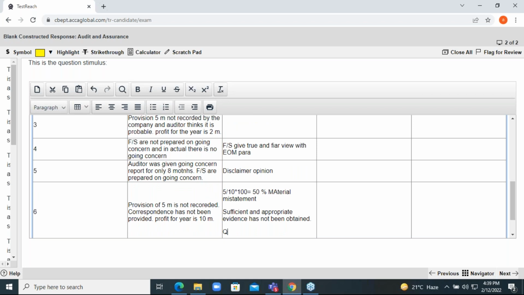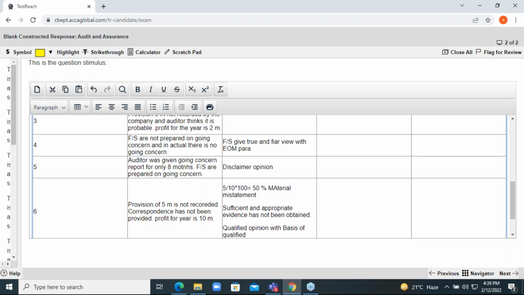The opinion would be qualified. All those students, qualified opinion with basis of qualified opinion. So you would issue a qualified opinion, but in the basis for qualified opinion, you will state that I was not able to obtain sufficient and appropriate evidence. So yes, Samantha,